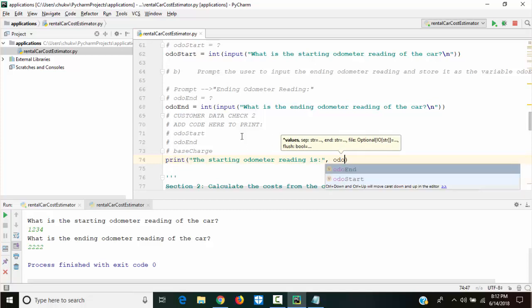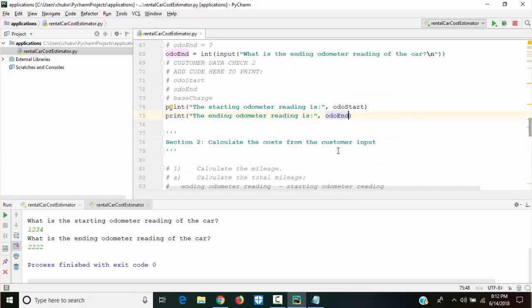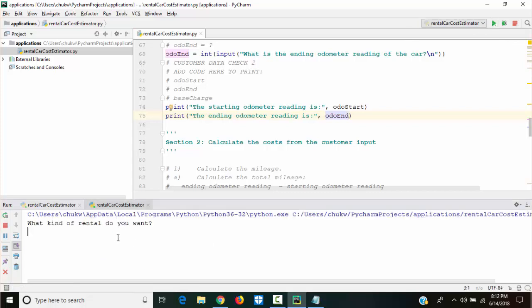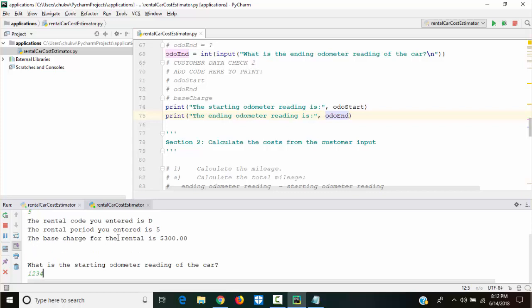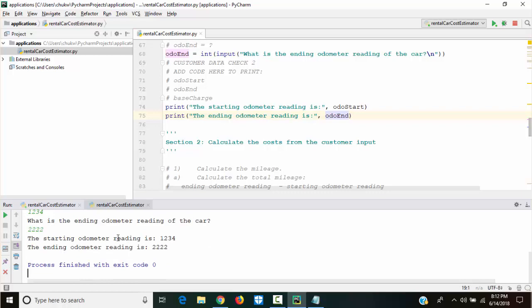And then I'll print the ending odometer reading is odo end. Okay, yeah. Let's run this. D5 1234 2222. I say the starting odometer reading is this, ending odometer reading is this.